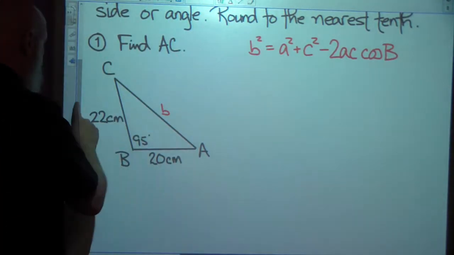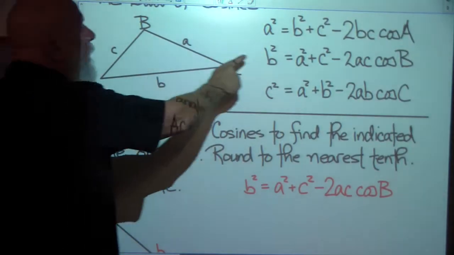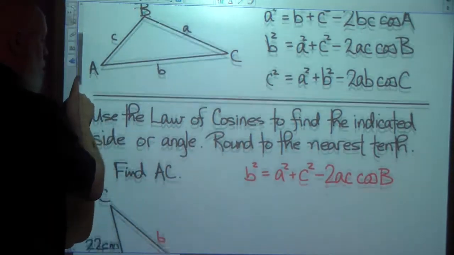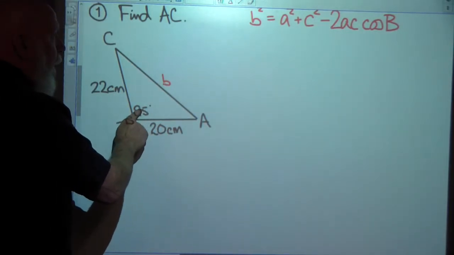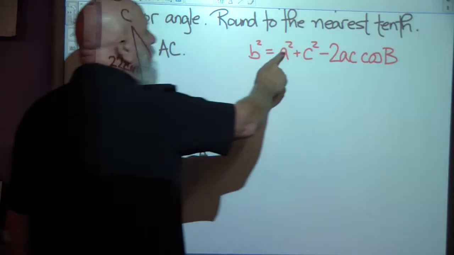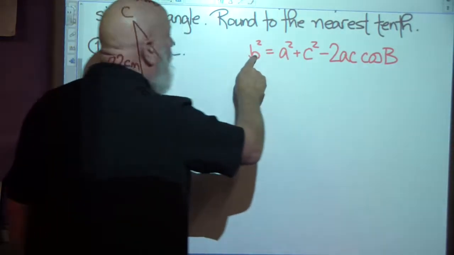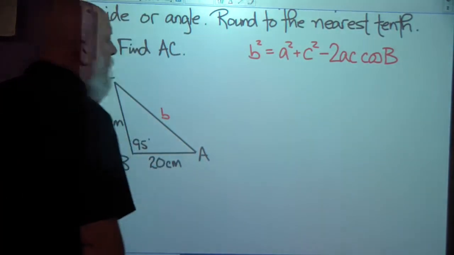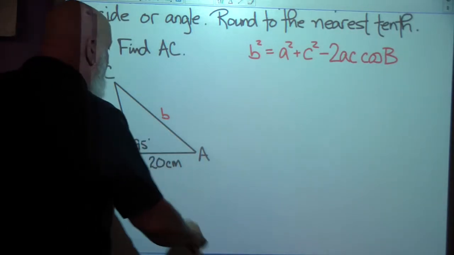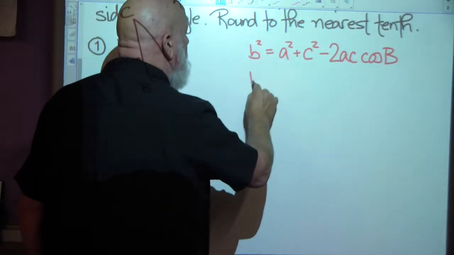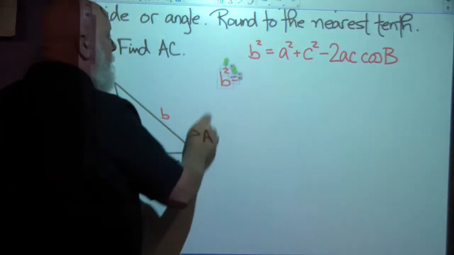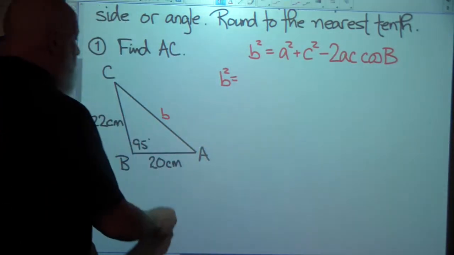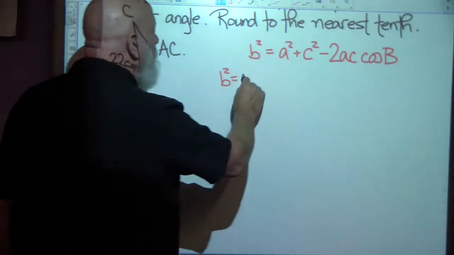Okay, and that's this one right here. And I chose that one because I looked at this and I said, well, I've got c and a, I've got the angle B, I know all of these, so this is the one I'm going to use. So here we go. b squared is equal to, I'm going to scoot this back a little bit because it's going to take up a little more room. a squared